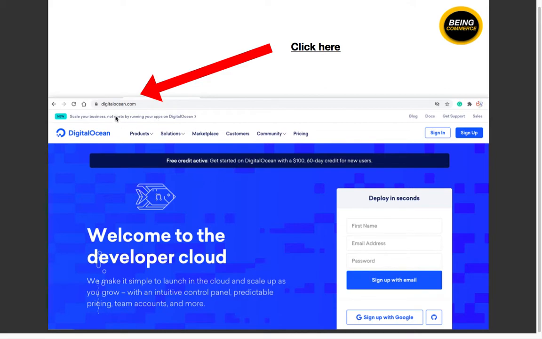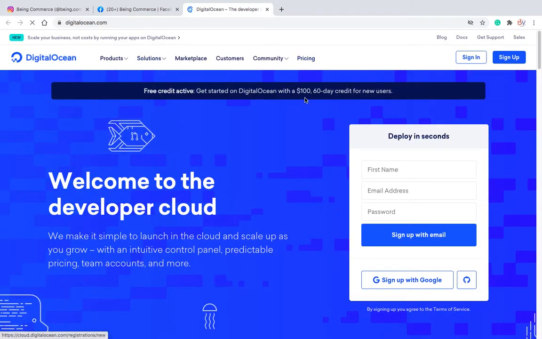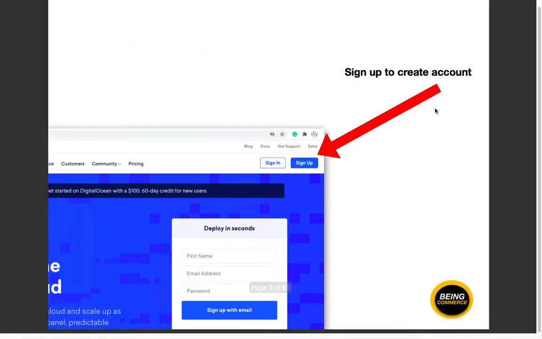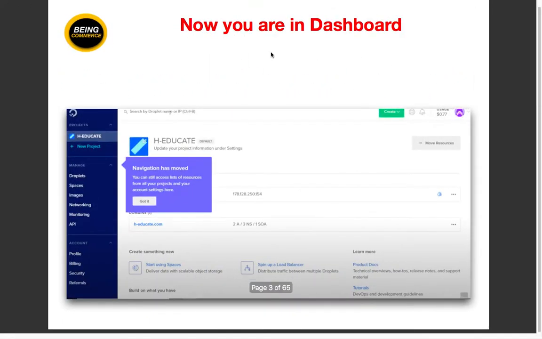Now guys, first of all, after you download it, you have to click here. When you click here, you will go to the DigitalOcean website. Then you have to sign up to create your account. After you sign up, you will get a dashboard like this.